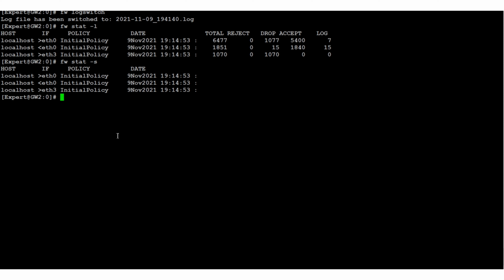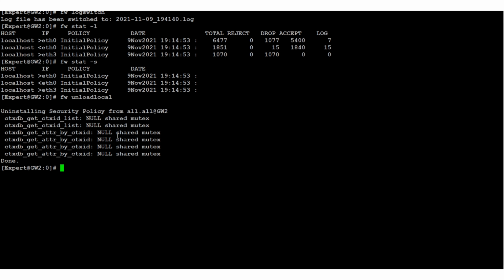Now let's see, if you want to unload your policy that you installed. What do we mean by unload? Unload means if you installed a policy and it was wrongly installed and you want to unload that policy, you can use the command fw unload local. So you will unload the policy, right? It is done, and if you want to check that, you just use the command fw stat. See, nothing is there. Let me clear the screen. The next command is